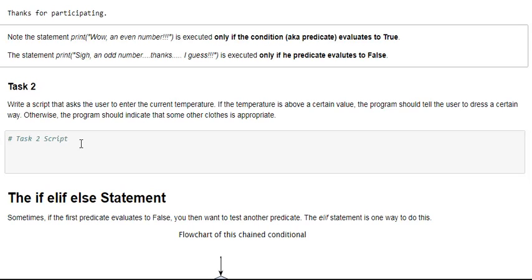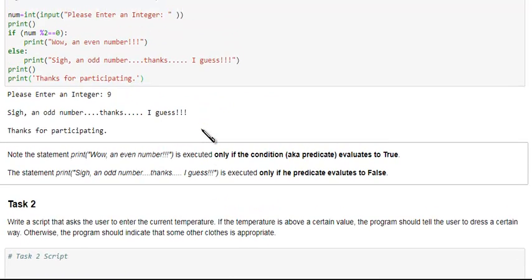So here you have a little task. Write a script that asks the user to enter the current temperature. If the temperature is above a certain value, the program should tell the user to dress a certain way. Otherwise, the program should indicate that some other clothes are appropriate. So if you look at this,